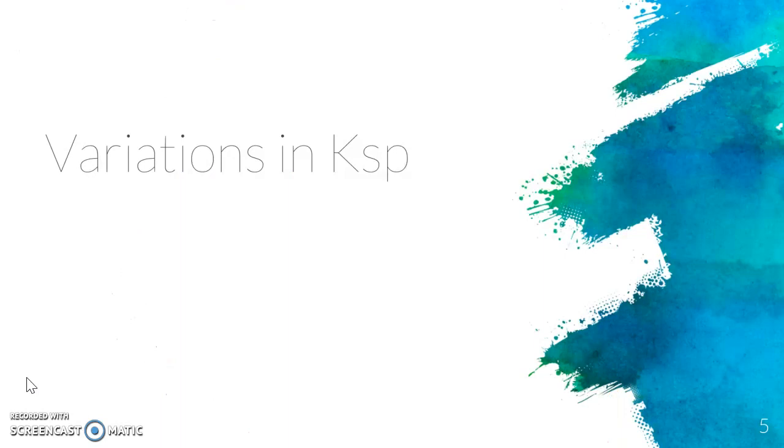To expand on that principle, some variations in KSP can occur due to the common ion effect, the diverse ion effect, and temperature changes. The common ion effect is when the solubility of an ionic compound decreases when a salt containing an ion already present in the mixture is added. The diverse ion effect is basically the opposite, so when an uncommon ion is added to the mixture, it will